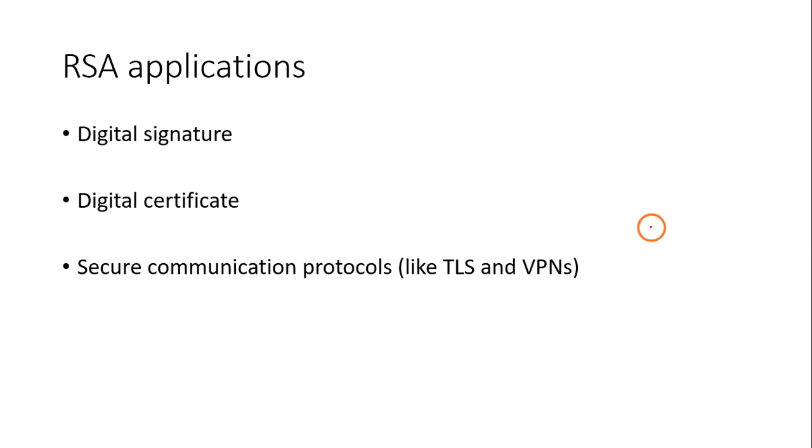So finally, the different applications of RSA where this public key algorithm, or asymmetric key algorithm, can be used: it can be used as a digital signature, right? And it can be used as a digital certificate, and also it is used in secure communication protocols like transport layer security and virtual private networks, VPNs. Okay, so RSA is a very important algorithm which has real world applications,